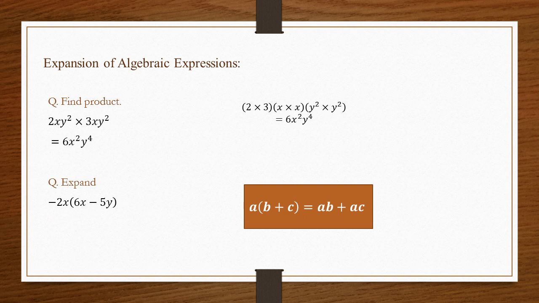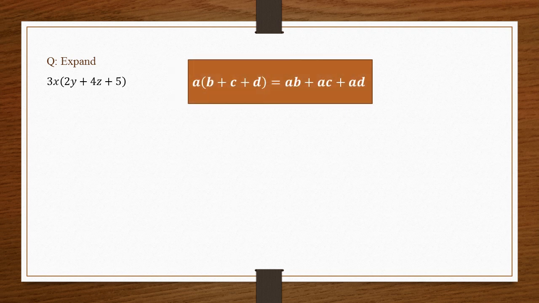So when you multiply minus 2x into 6x, here 2x is negative, 6x is positive, so minus times plus is minus, and 2 into 6 is 12, and x into x will be x square. Then minus times minus is plus, 2 fives are 10, x into y, xy. So you cannot simplify it further because x square and xy are not the same. So it means that here your solution will end.